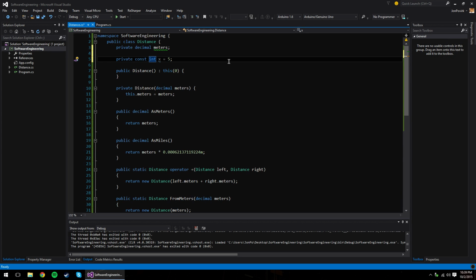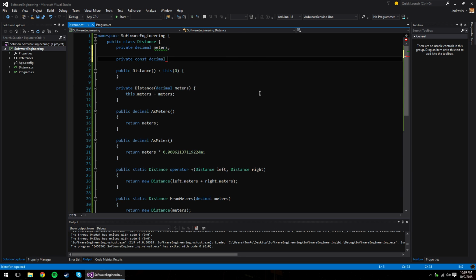And the reason that it's static is, remember, this const is independent of instance. If it were not independent of instance, then every instance of distance we created would have its own copy of a constant. And that's sort of wasteful. There's not a great reason to do that. Why store a constant 50,000 times if you're making 50,000 copies? So what might be better for us in our situation